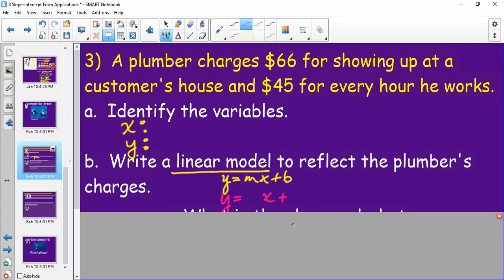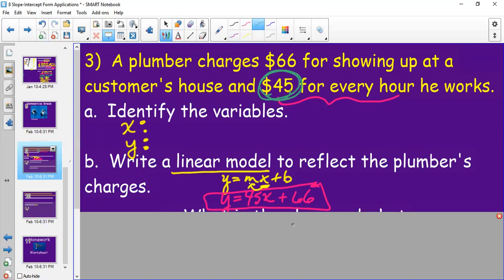So the rate, the plumber charges a rate of $45 for every hour. And then his starting amount is $66 just to show up at your house. Okay, so that's my equation, and that's my answer for letter B. But this is going to help me with letter A, because I want to know what x is. Notice x is right next to our m, or our slope, or our rate that we talked about earlier. So since our rate is 45, I'm going to go up in the problem and find 45,